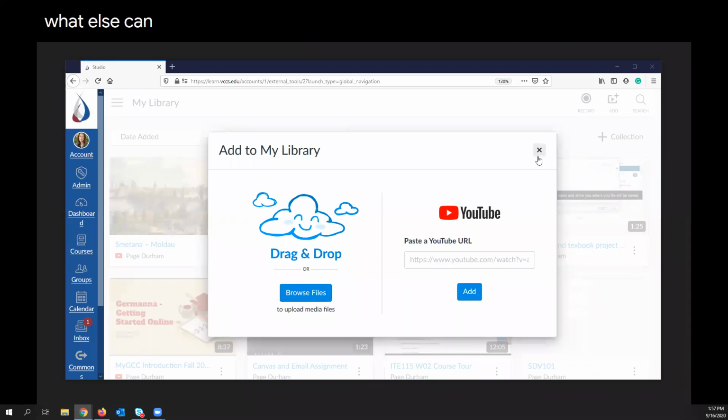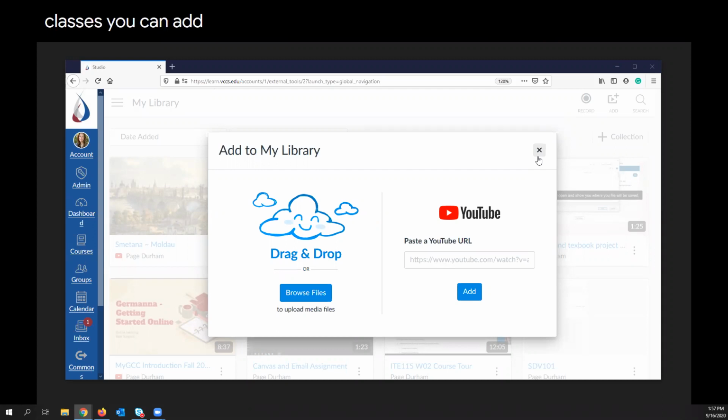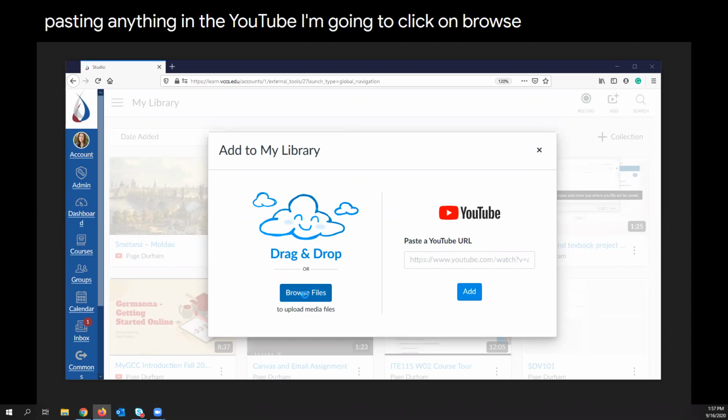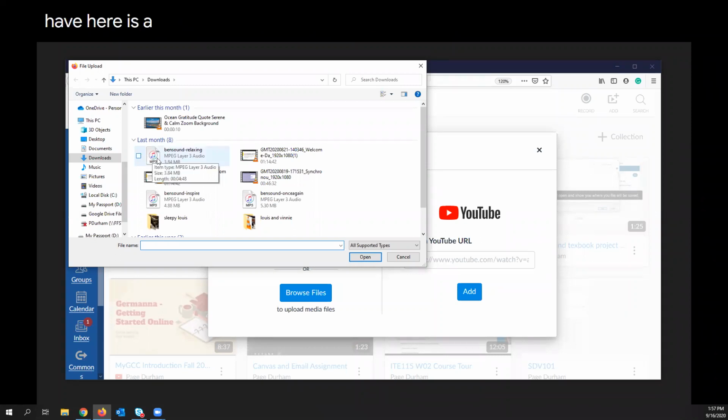So what else can you add to Studio? You can add your Zoom recorded lectures or classes. You can add other files such as an audio file. And how you would do that, again, it's still an Add feature. So this time, however, instead of pasting anything from YouTube, I'm going to click on Browse and wait just a second. And here is an audio file. So if I click on that and click Open,